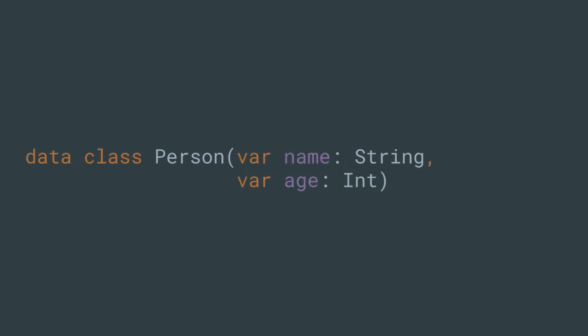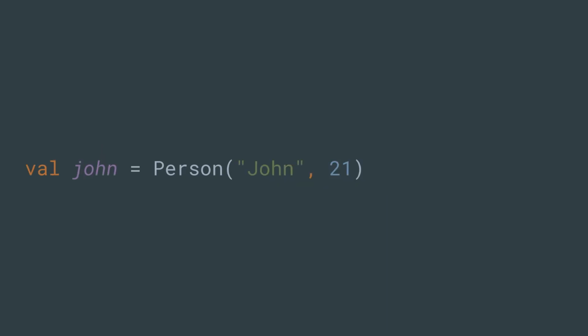And it gives you the nicety of properties that you can just access easily. And well, this is how you build a data class. How you instantiate a data class is the same way you instantiate any other class.